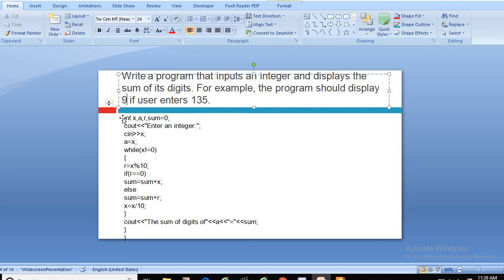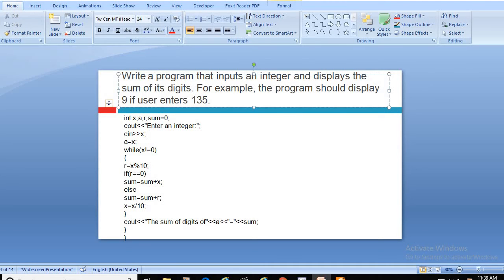Before looking at this program, I recommend don't look at it, just try to understand what I am talking about. This 135 value, how can we add them? We need 2 different approaches. Remember, we need 2 different approaches.